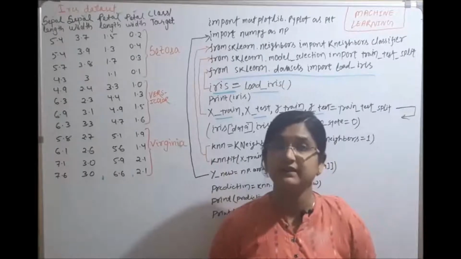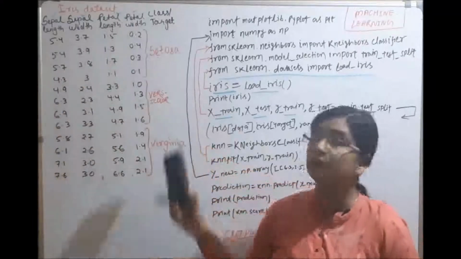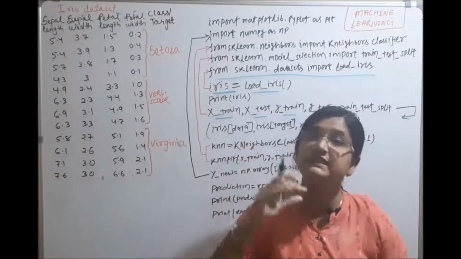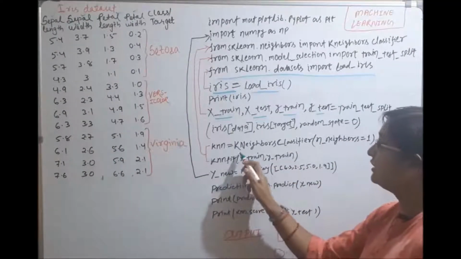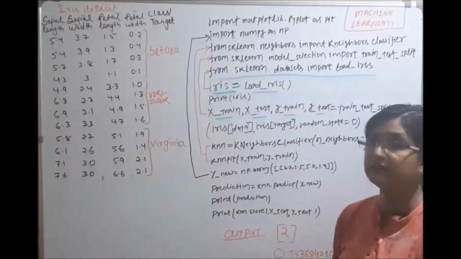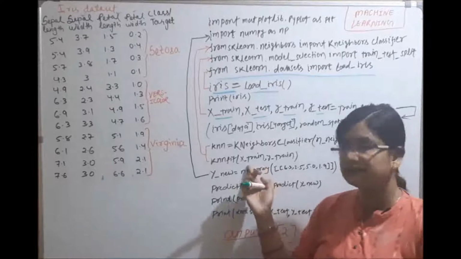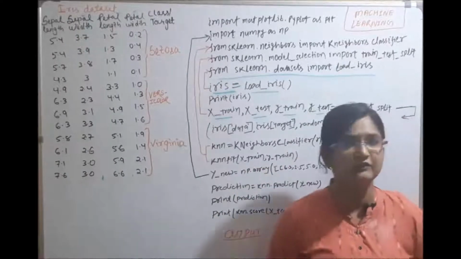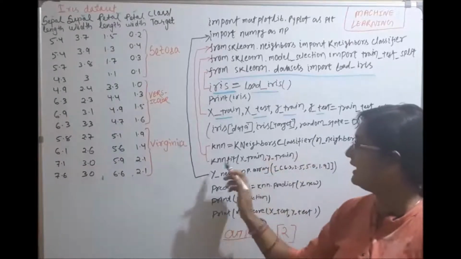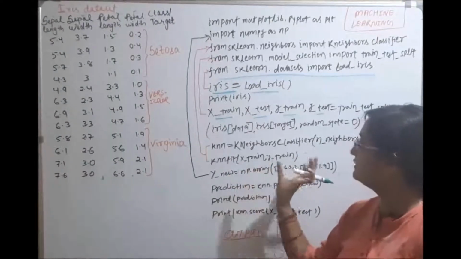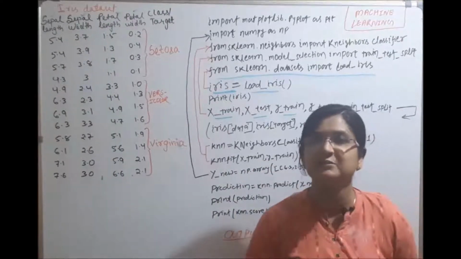After that, my next work is the fit function. In the fit function, our iris dataset is fitted into the KNN algorithm. The syntax is knn.fit, and in brackets there are two parameters, X_train and y_train. X_train is the training dataset and y_train is the label of the X_train dataset. So these two parameters go inside the fit function. After this part of code, the next part is for testing.